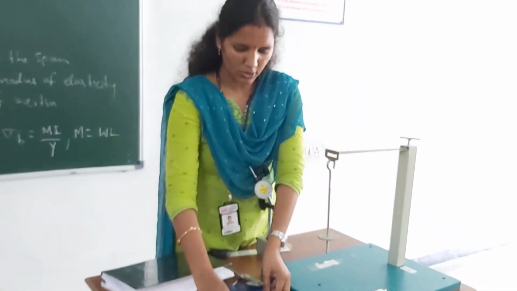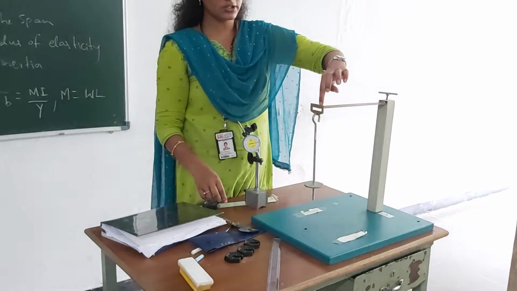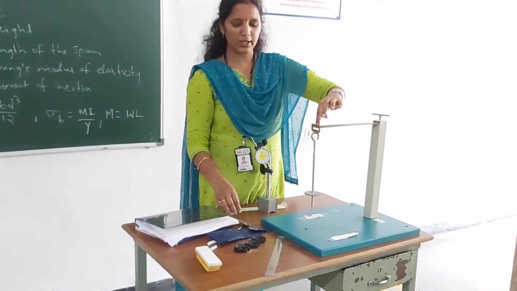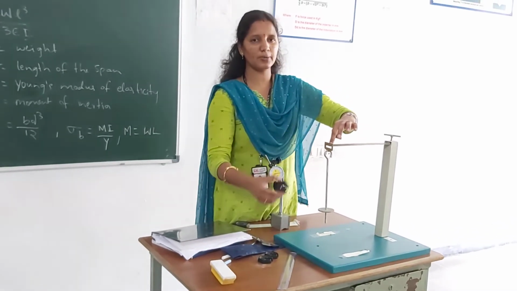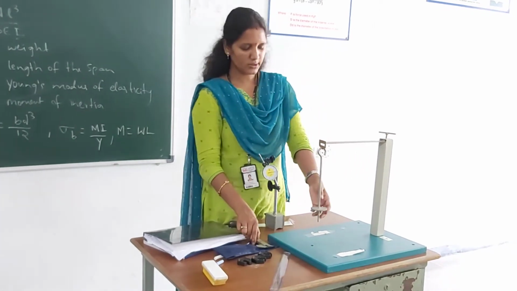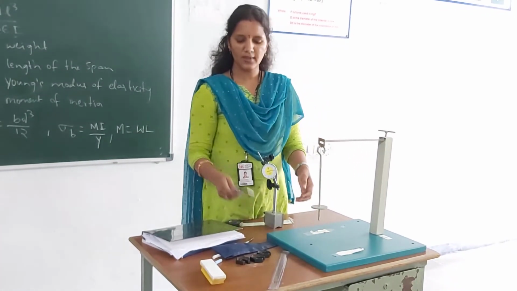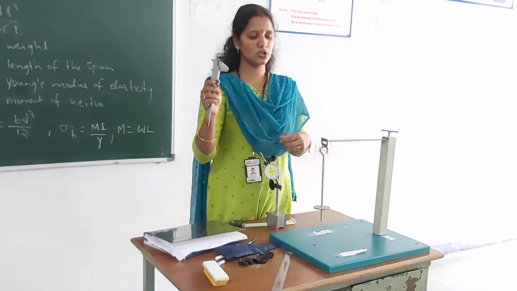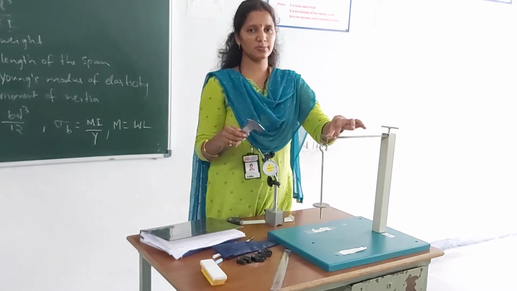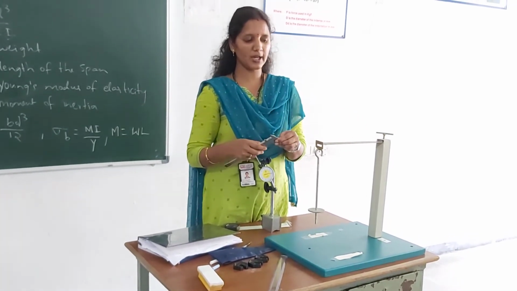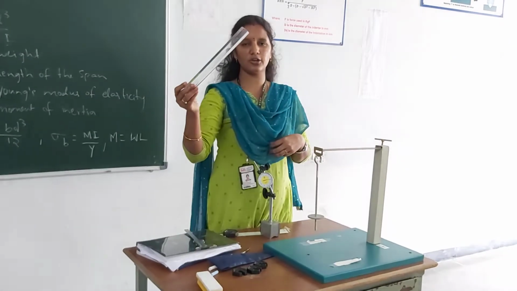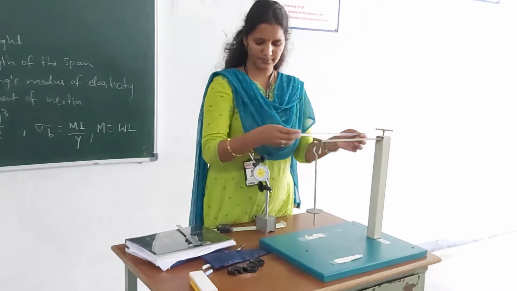beam. We can also apply the loads at the top of the beam, but because it is a model of the beam, we cannot get the appropriate value of deflection, so we are taking the help of this hinge for the load span. And this is the vernier calipers to determine the thickness and width of the beam, because this is a very small distance. We cannot get the appropriate length by using a scale. And this is the scale we are using to measure the length of the span.